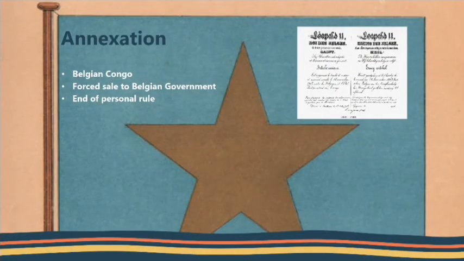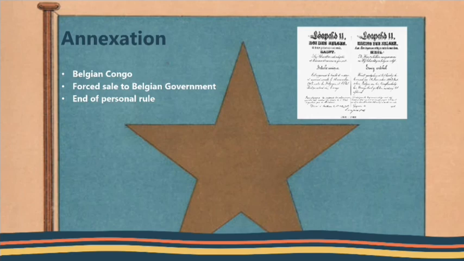Under immense international pressure, Leopold II was forced to sell his personal territory to the Belgian government in 1908. The Congo Free State officially became the Belgian Congo. While this brought an end to the personal rule of Leopold and the most extreme forms of murder, the Belgian government simply replaced the private profit scheme with a state-run colonial system that still focused entirely on extracting mineral wealth, particularly copper and gold, and providing zero political development for the Congolese people.